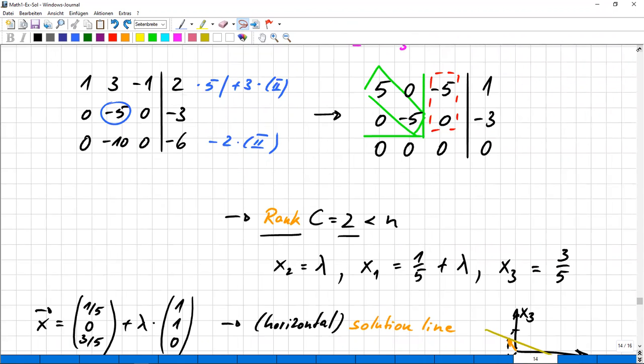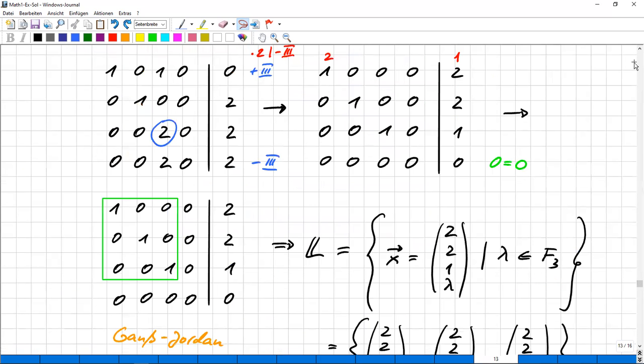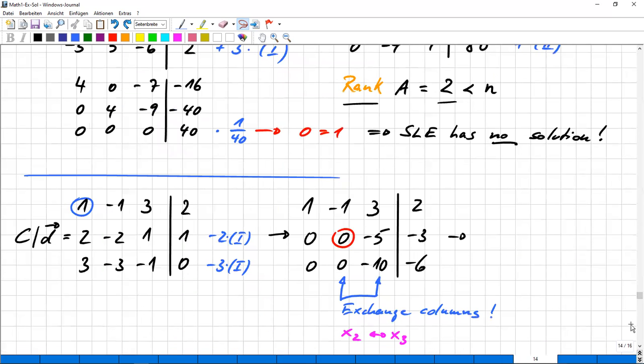Firstly, I'm quite sure at least one of you forgot that we exchanged 2 columns. And so you would say this row belongs to x3, and because x3 in this sense is missing its own equation, we could choose x3 freely. That's at least the method that I used last time when I said that the 4th row is missing, so x4 is just chosen arbitrarily by calling it lambda as a solution parameter. Well, that's the same thing here, but